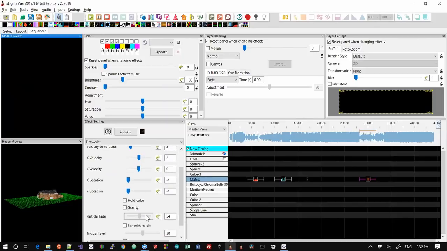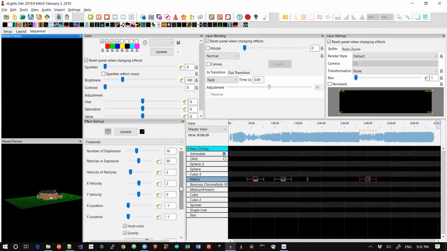If I extend the fade, they last a bit longer, and you'll see that. And you see how they fall back towards Earth. For those that have never tried it, persistence is a great setting to play with in Fireworks, because what it does is it actually leaves the trails behind. And so you can see the gravity when you turn on the trails, and how they're sagging down towards the